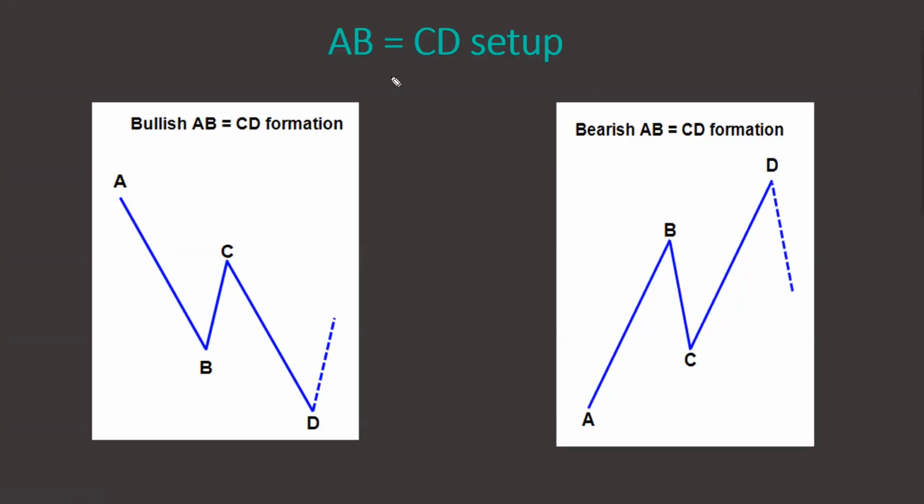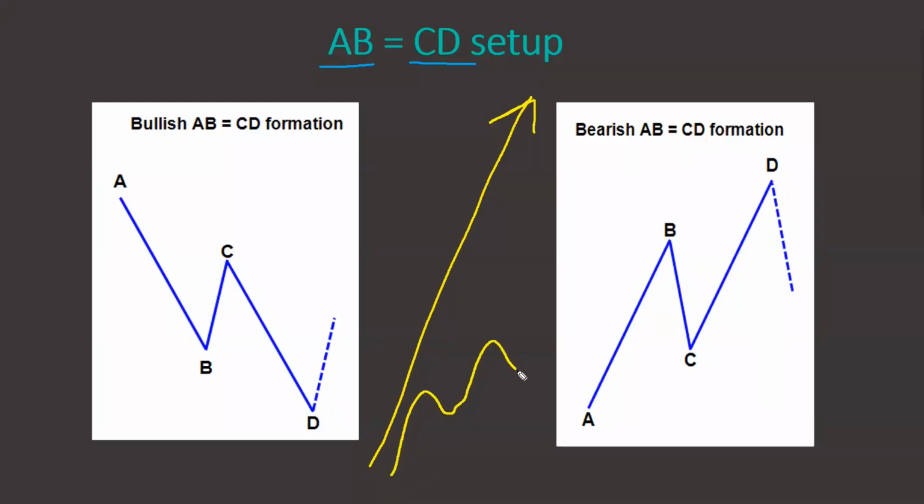This setup is called ABCD. AB equals CD. And it is based on the fact that markets move in a sort of wave-like manner, even when they are trending. There's not often a trend that would be like a straight line, right? When there's a trend, even if it's an aggressive trend, then there are always those pullbacks, right? Those little waves. And this works with that. So you're trying to catch those waves and trade based on that.